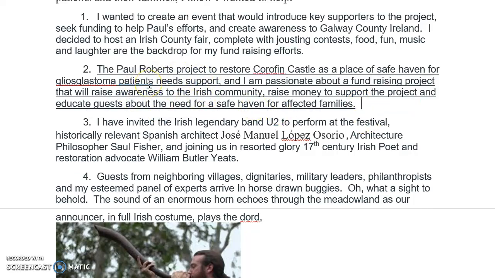in my essay. I'm going to have to tell them a little bit about what this disease is, and I'm going to have to talk about their need for a safe haven, because that's part of my thesis statement. I'm going to have to talk about how much it's going to cost to restore the castle and how much help we need. You can't just have a fundraiser and say, write me a check, and not have a goal